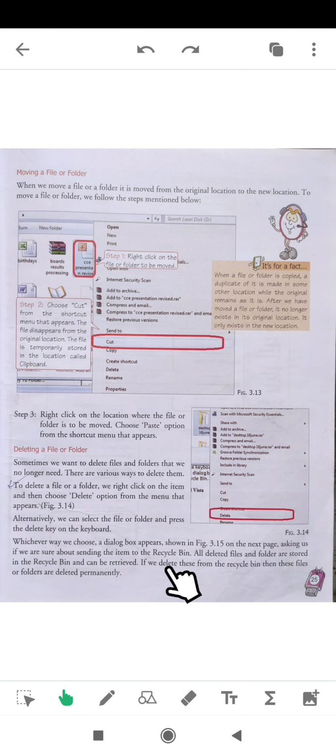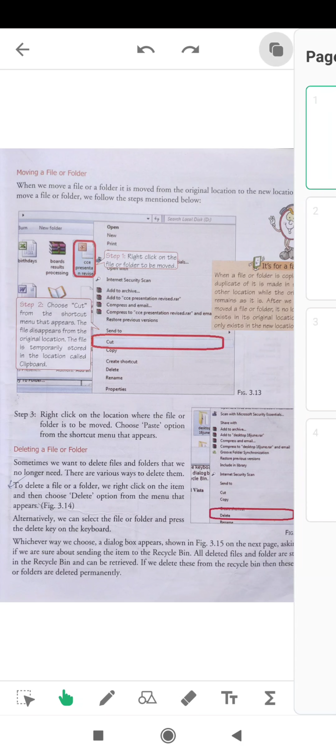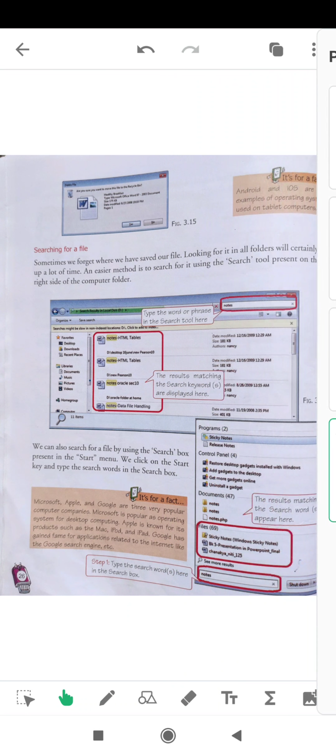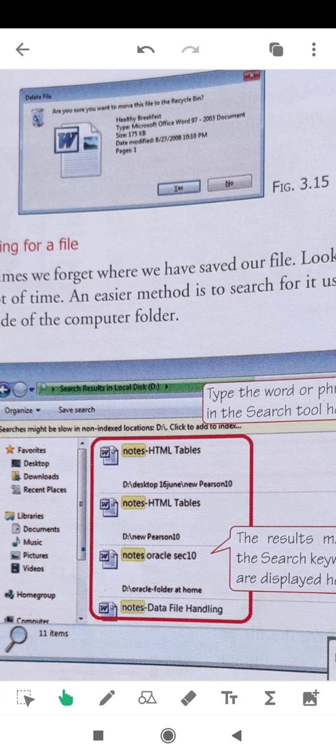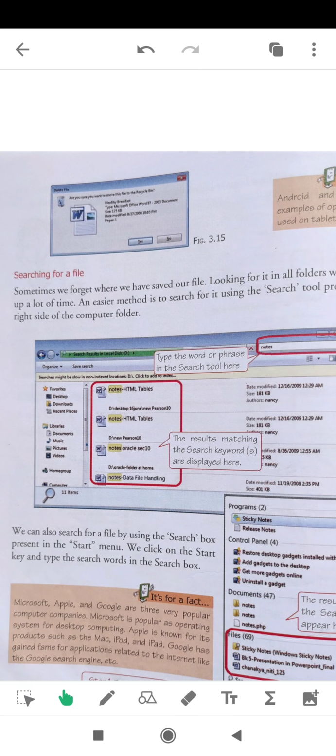If you delete from the recycle bin, then these files or folders are deleted permanently. So if you want to delete anything from your computer, you will come across this confirmation message. If you click on this, it will go to your recycle bin.